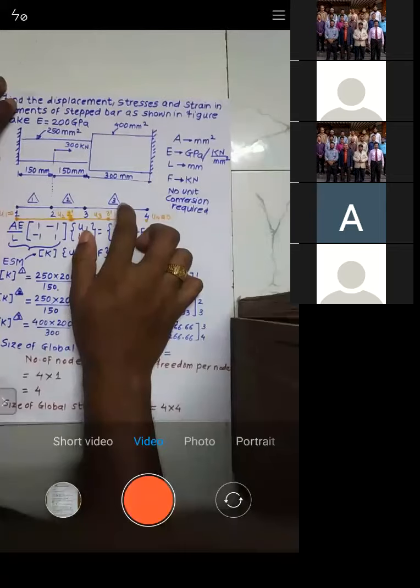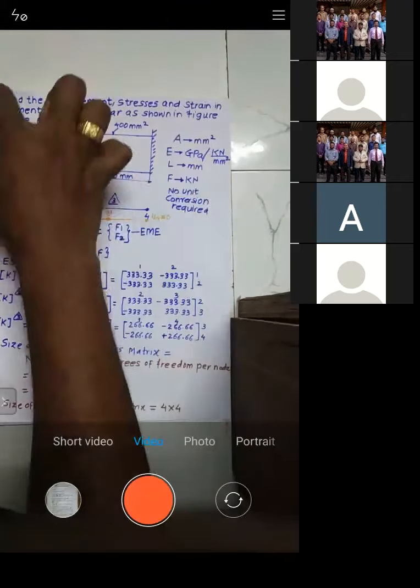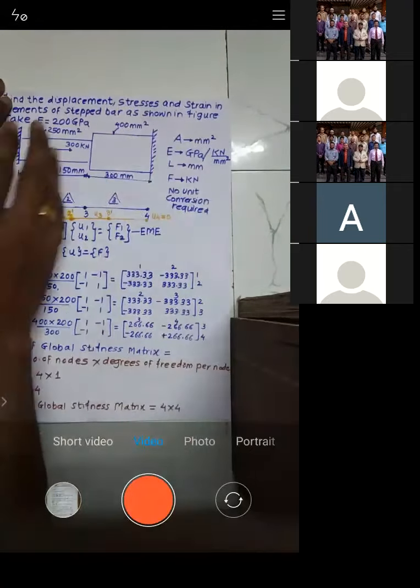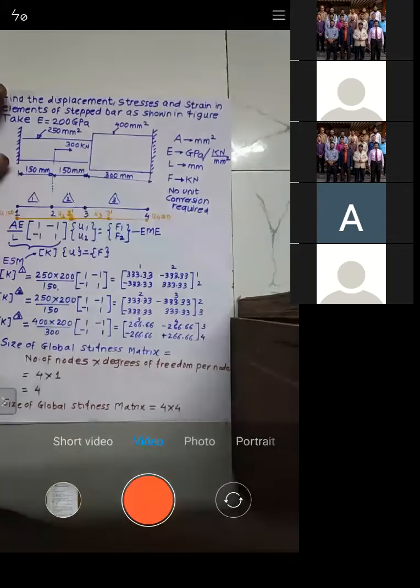No. How can you divide? See, what I am telling. What is the first criteria? Change in material. So are you observing that for this particular section material is different? For this particular section material is different. Is that the case?